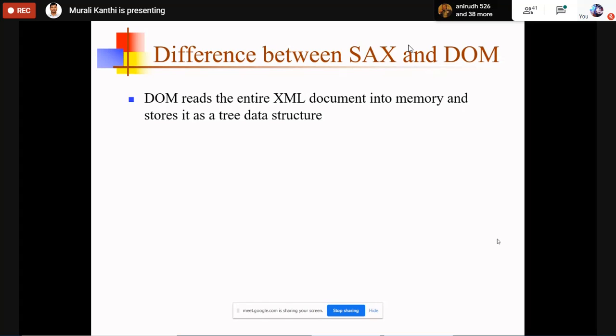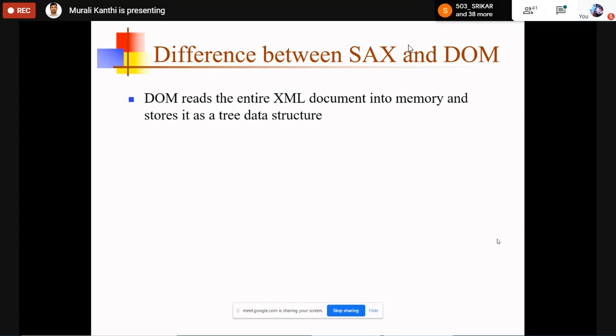Now you are using DOM. If you use DOM, then however much data is there in the XML document, that entire document is loaded into memory, and it is stored as a tree data structure.